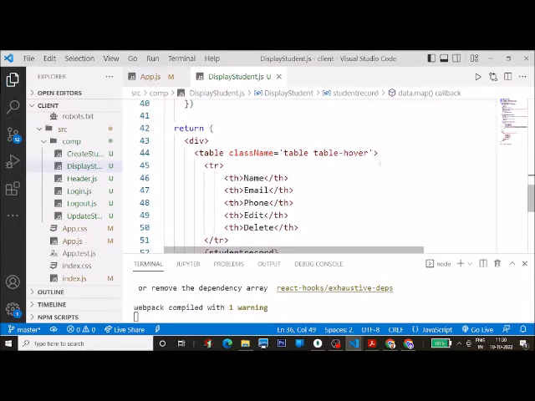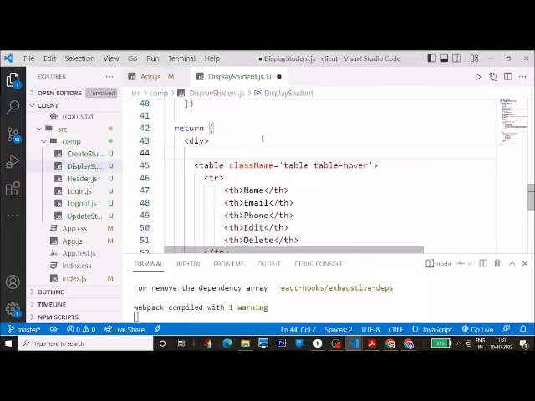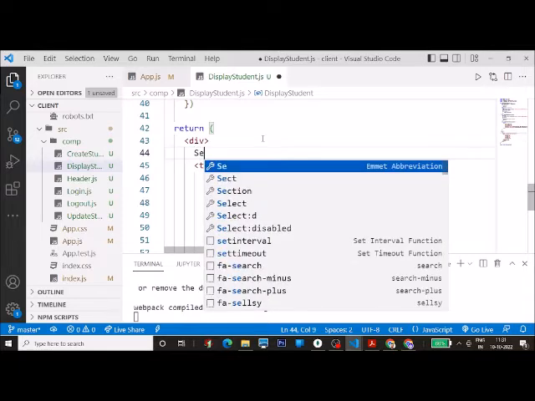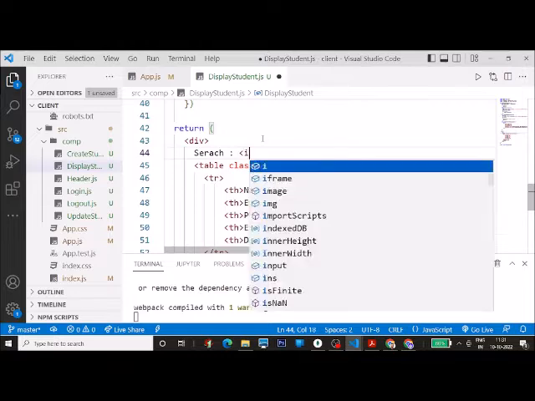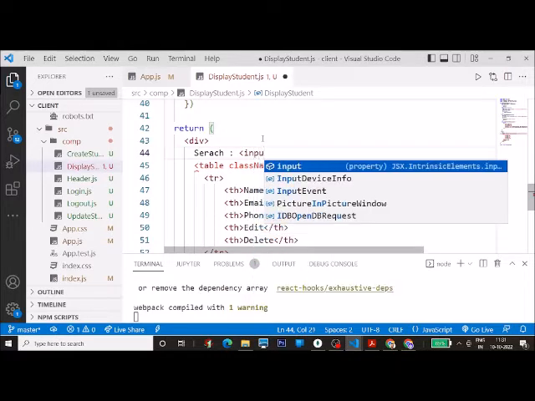Okay. In the last video we saw the updation of the student records. Now today we'll see the search. Basically, search on a home page or on a root, whatever data that we are displaying, in that only we want to do some search. So we'll start that. Here in your display student page, I will just add, I'm not doing any CSS work, I'm just concentrating on functionality only,